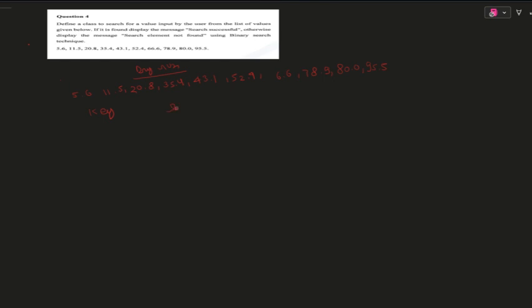After that we will define our low, which starts from 0, and high will be length of array minus 1, that is 10 minus 1 equal to 9. The crux of the program will be inside a while loop: while low is smaller than or equal to high,